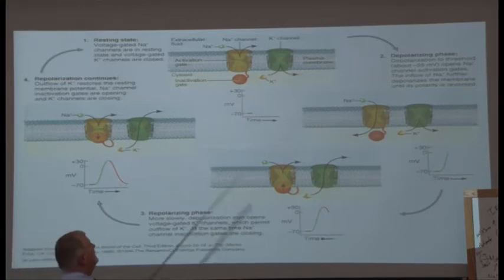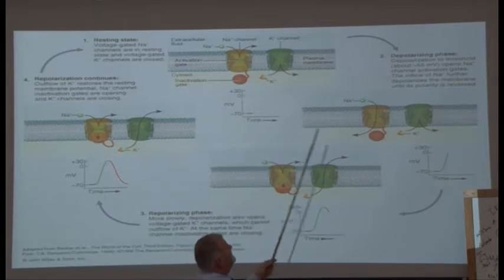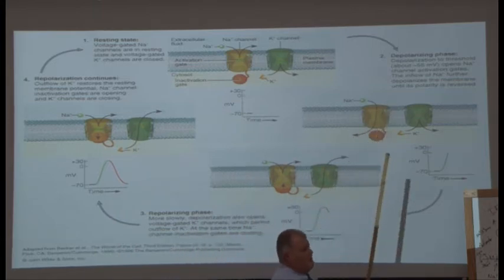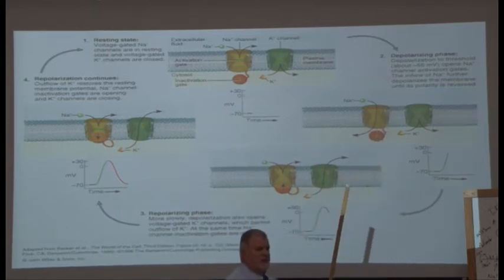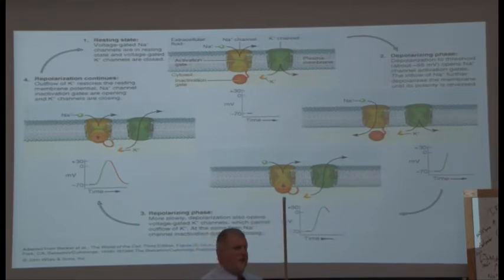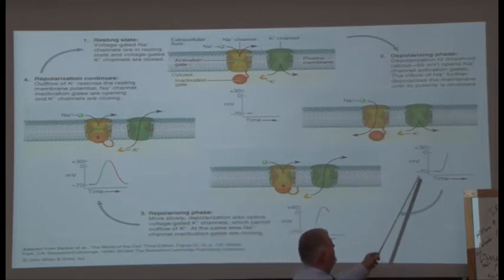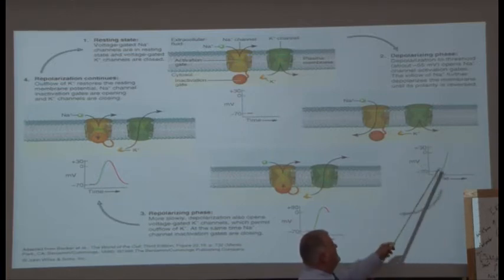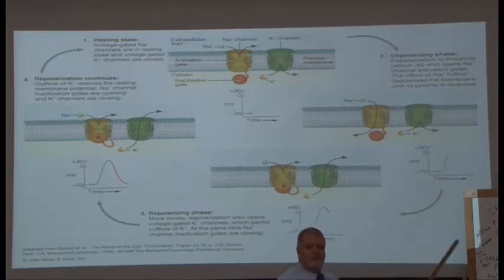Okay? So it graphs as a flat line. So if we reach threshold, and what triggers threshold in your body would be the adequate release of acetylcholine at the neuromuscular junction. And if we move the membrane from -70 to -55, then we open sodium channels and we get this rapid depolarization event, which is graphed as an upward swing